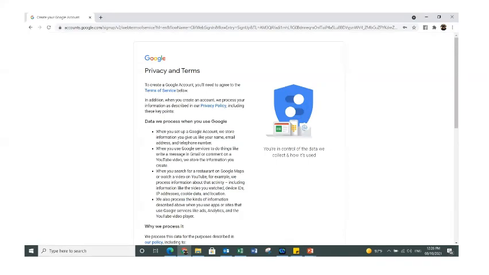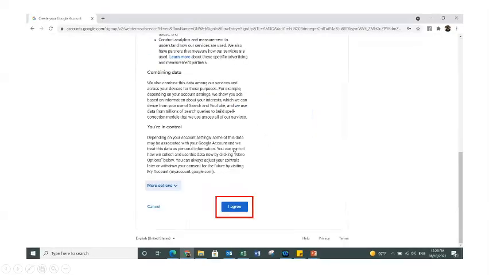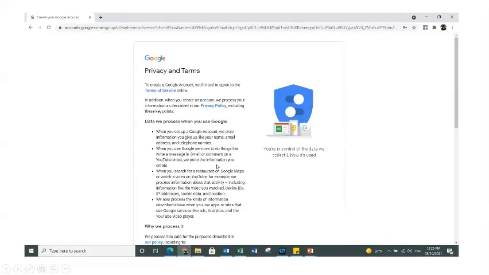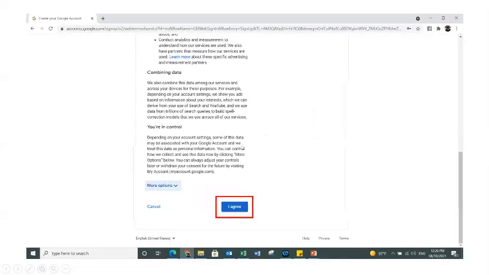So these are some of the, you can say, declarations that Google is making, how they are protecting your data, how they are ensuring your privacy is not compromised, and what are the terms of services. So you can go through all these terms and conditions, and as soon as you are done, you can scroll down, and at the very end of these terms and conditions, you will get 2 options, that is cancel or